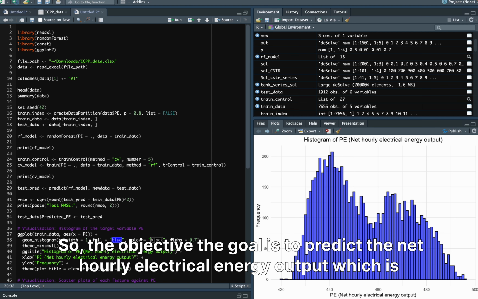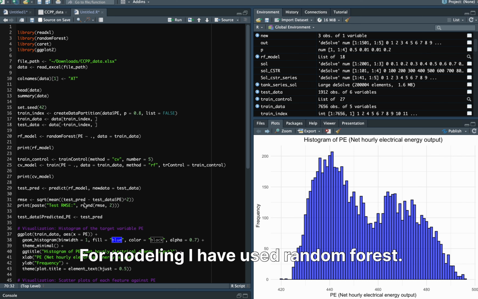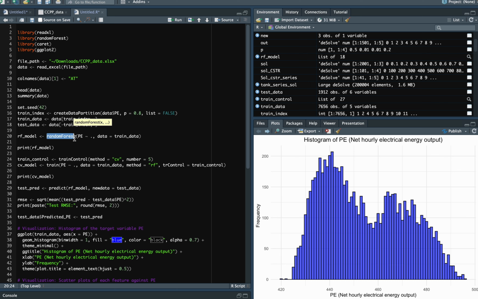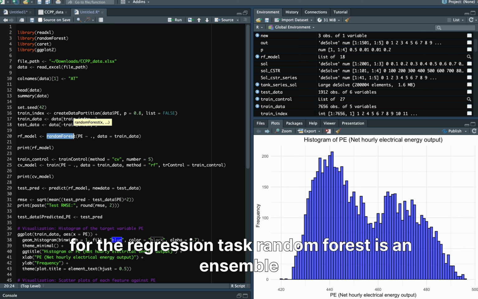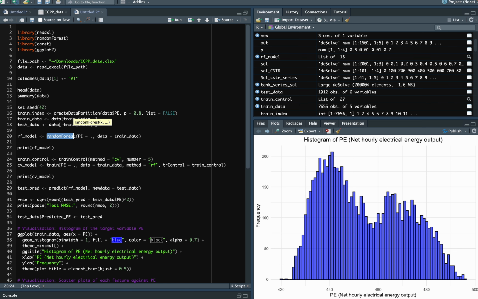Okay, so the goal is to predict the net hourly electrical energy output using several features which are given in the dataset provided. For modeling, I have used the random forest algorithm for the regression task. Random forest is an ensemble learning method that builds multiple decision trees and combines their predictions to improve accuracy and